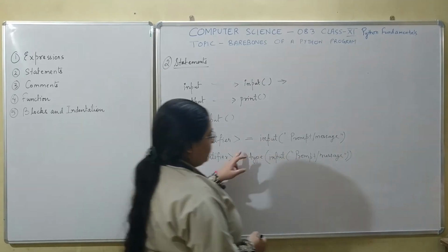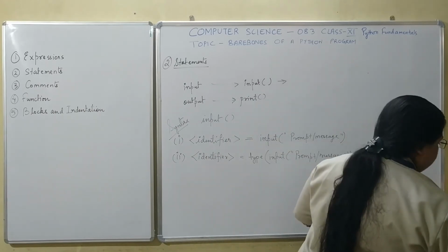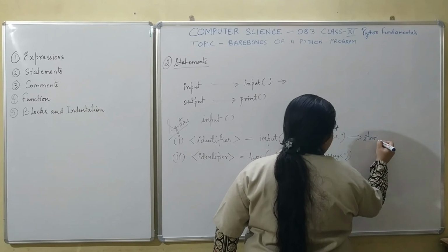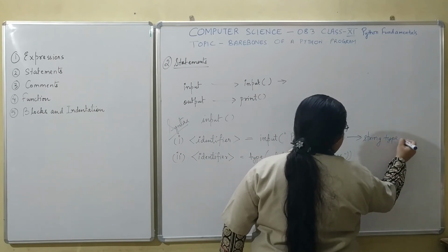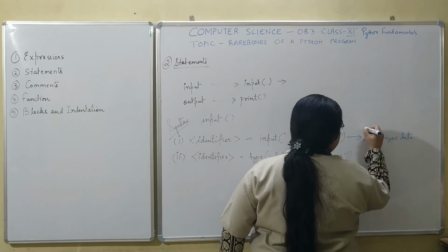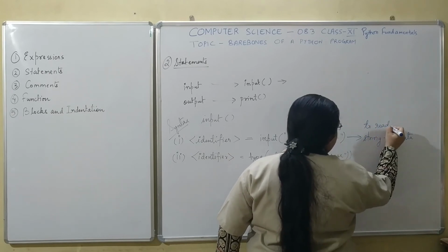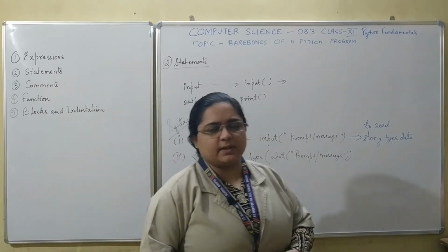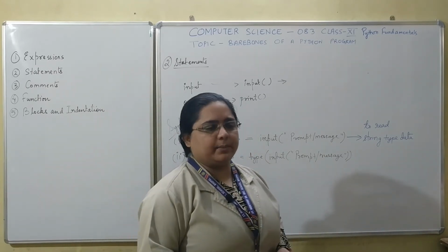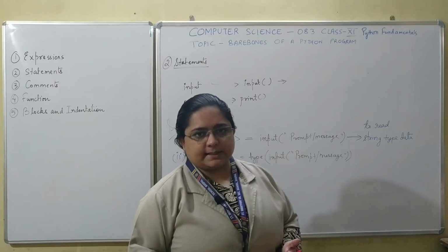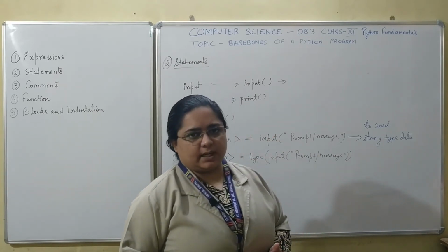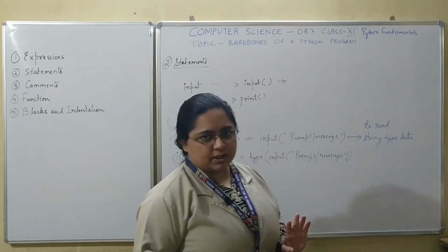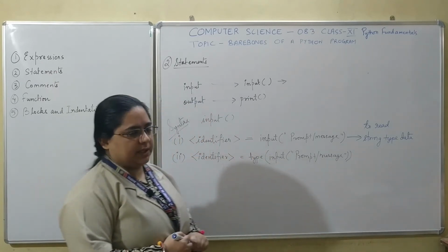So the first statement which we see over here, it is basically used for all the string type data. It is used for asking or reading string type data. That is, if you want to read someone's name, someone's address, someone's phone number, someone's favorite subject. So for all those type of data which are basically alphanumeric in nature, you will be using what? Input function without any type conversion over here.